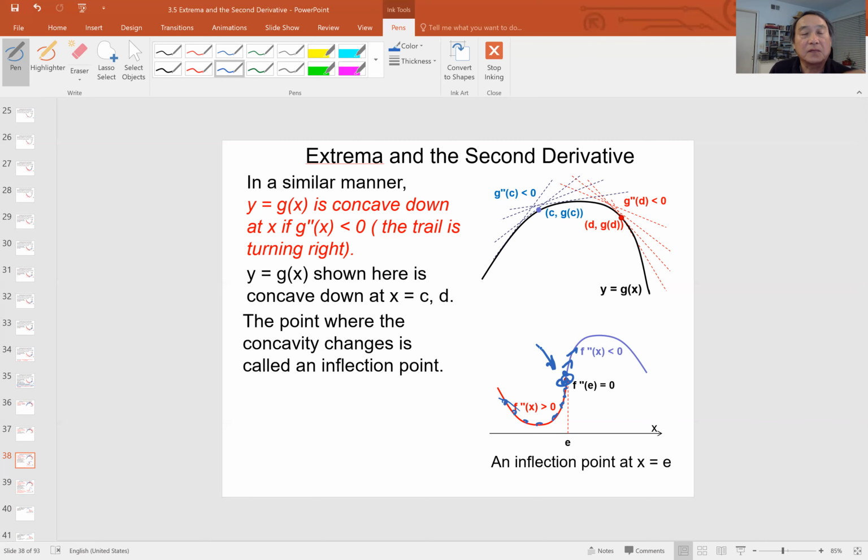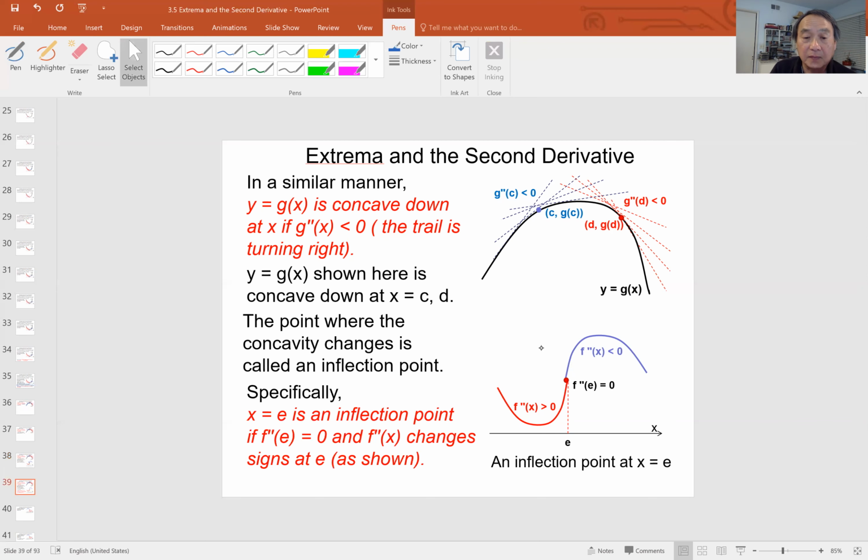That's where the second derivative is 0, because at that point, the second derivative is neither positive nor negative. So such a point is called an inflection point. In particular, an inflection point is where the second derivative is 0, and the second derivative furthermore changes sign. That is, think of the bug again. The bug turns from making a left turn into making a right turn, and that point is the inflection point where they